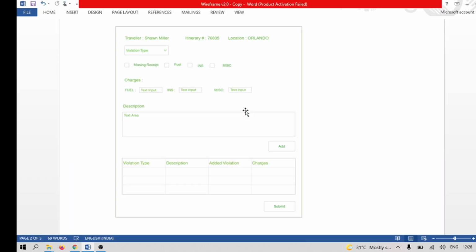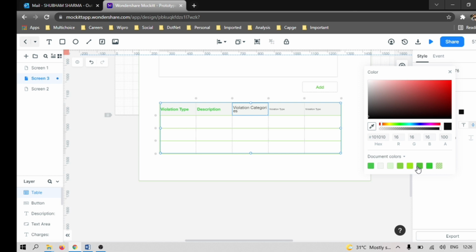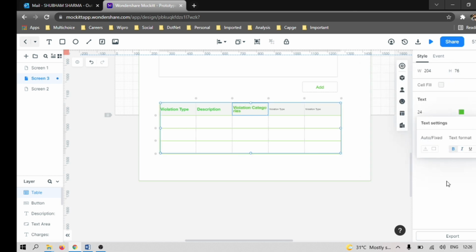And the second is added violation category. So it is going to be 24 and the color is going to be dark green. The setting is going to be B. Okay, so let's make it a little bigger.